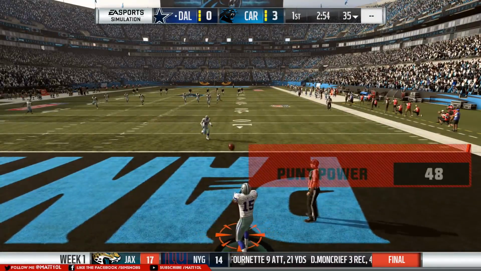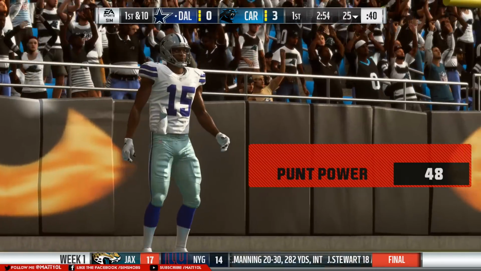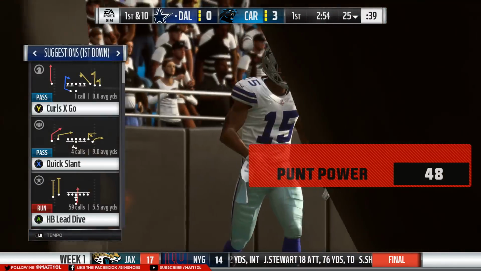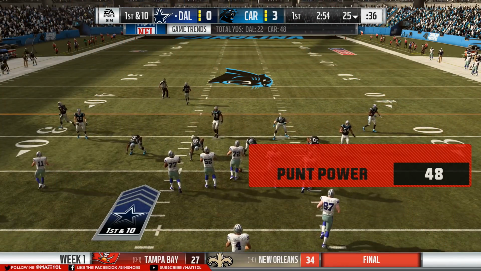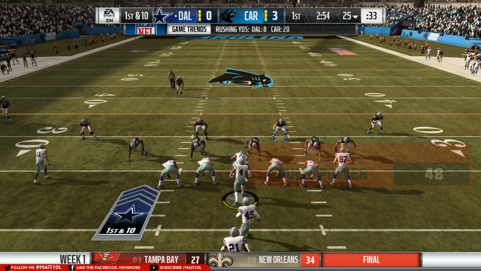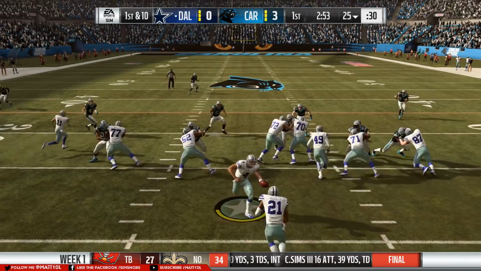Punt power at 48, I just felt like they kicked the ball too far, and really the punt accuracy could go down lower, but my problem with punt accuracy is if you go too low, you get these 10-yard kicks or 15-yard kicks sometimes, and it just isn't realistic. There's no wind or anything like that. It's just kind of a shank,